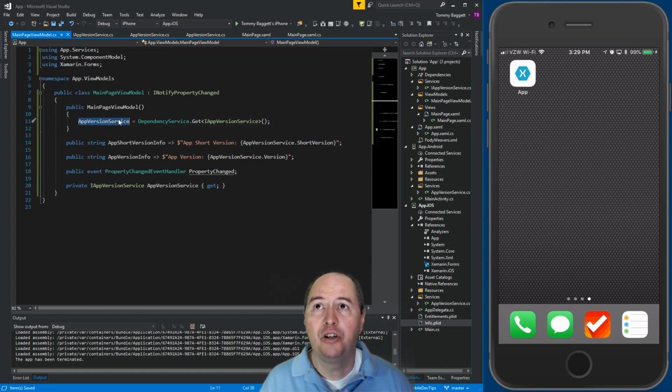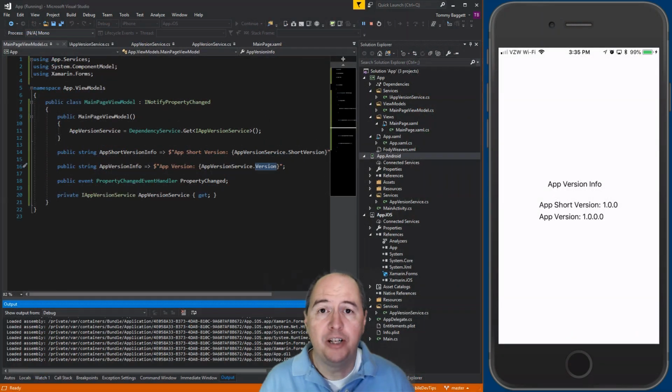We assign that to a read-only property called AppVersionService I've declared here. And once we have that available, we can actually use it here in our two string properties to return either the short version or full version info that we want to display on the screen. With those pieces in place, we've restarted the app and we now see the correct version information displayed on the